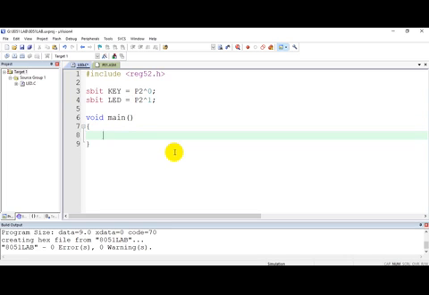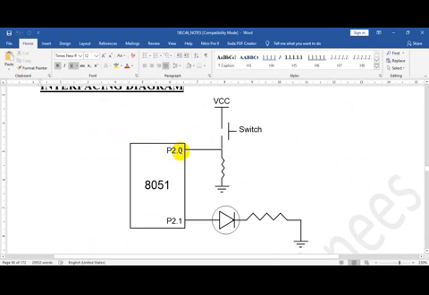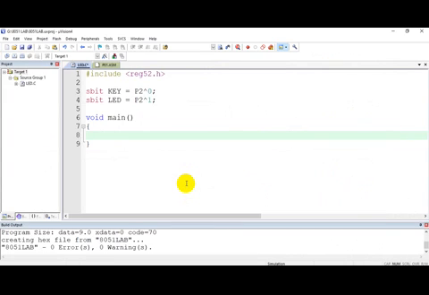Now I have to make P2.0 as input and P2.1 as output. So I will say P2 is equal to 0b00000001.